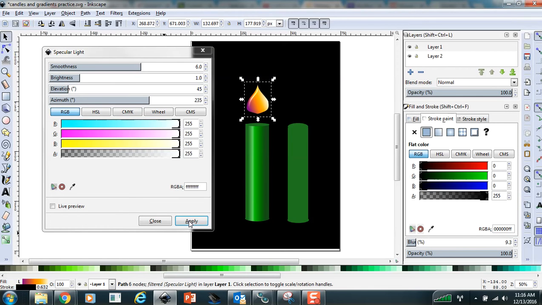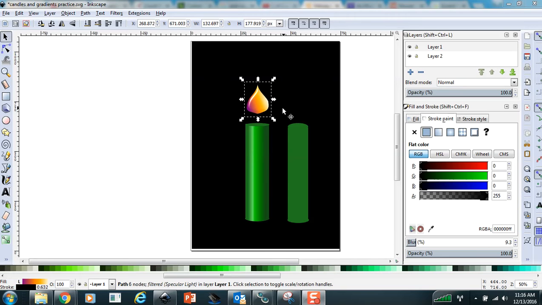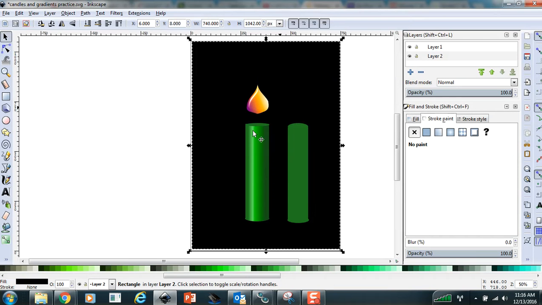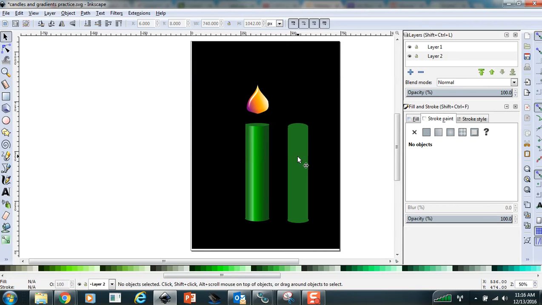So I clicked apply, and check it out. You can actually apply it more than once to get more of a spectacular view. Thought that was really cool. And then after all of that time, I thought, I wonder if that spectacular light would create a three-dimensional effect